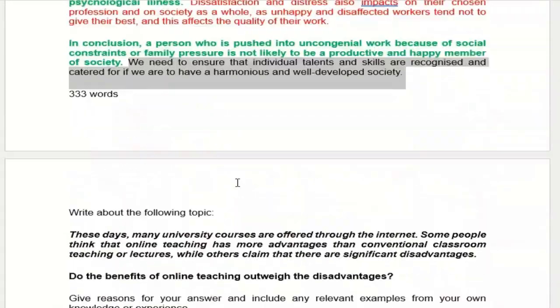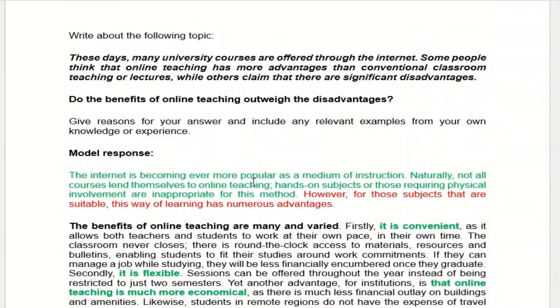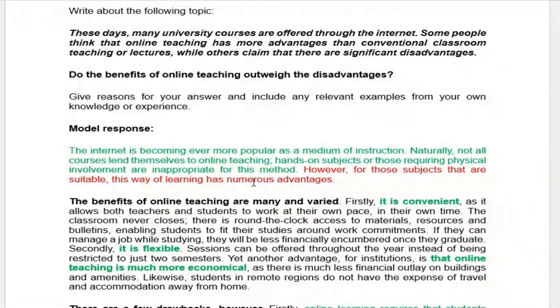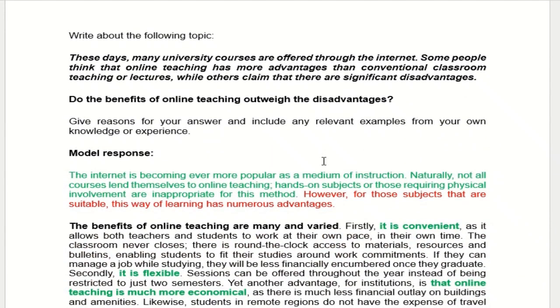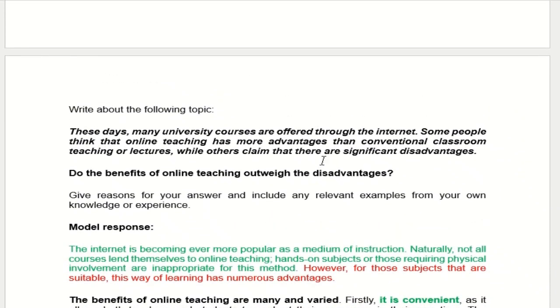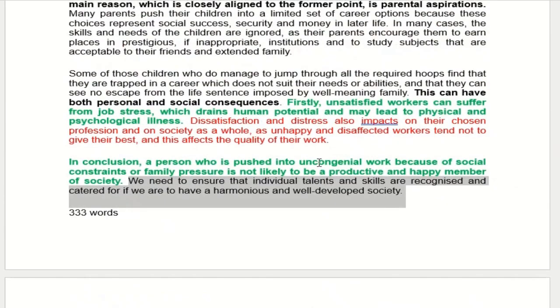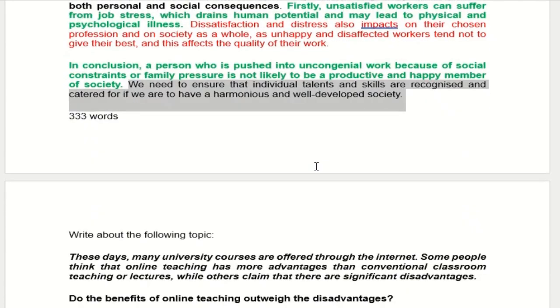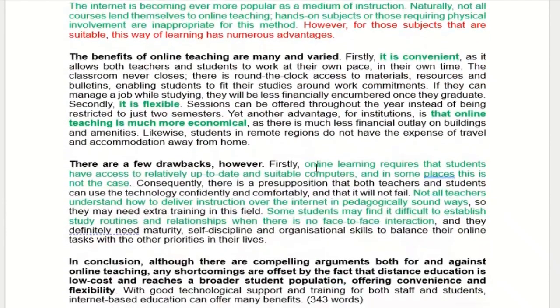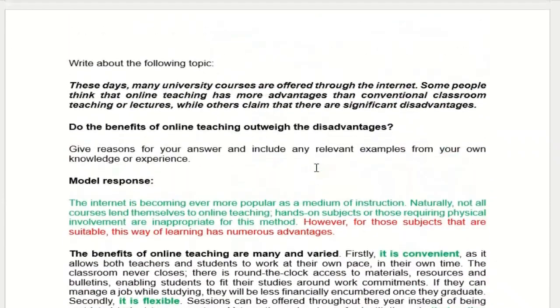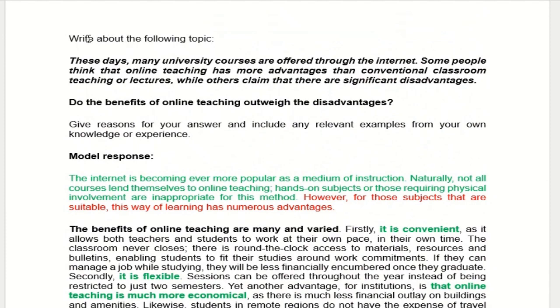And finally, we take a look at the last one, which is also an example of a response to academic writing. I had mentioned earlier that we're not going to go down to the details as I have just been doing. Nevertheless, let's just continue. All right, now, the last one, this is also an example provided by the British Council, and it is